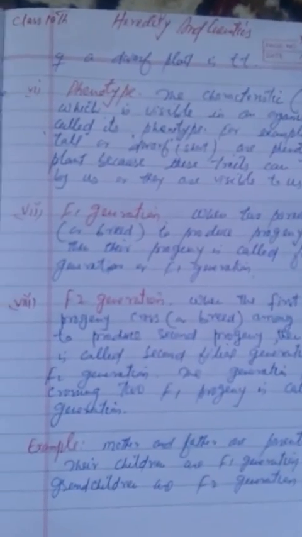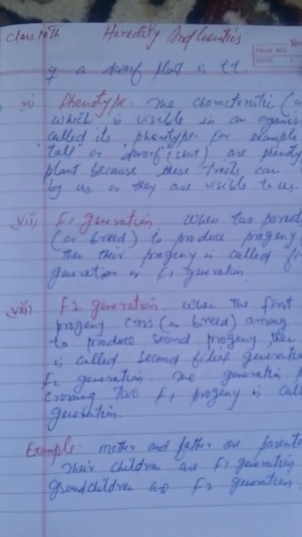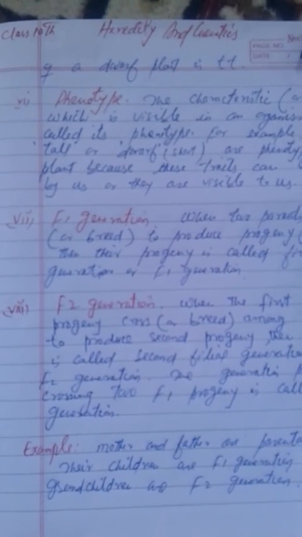Then F1 generation. When two parents cross to produce progeny, then their progeny is called F1 generation. When the first generation progeny